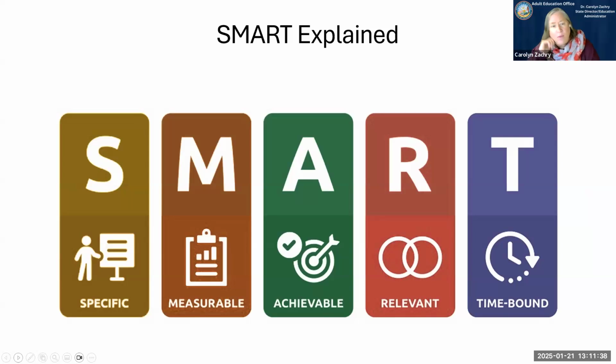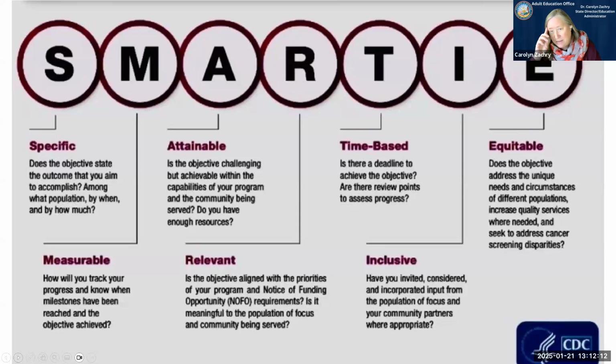So we're going to talk about what a SMART goal is. There are these 5 components to a SMART goal. They are specific, measurable, achievable. Sometimes we try to do more than we think, so make sure it's achievable. It's relevant, and it's time bound. You're always going to want to make sure that you have an end date where you want to reach your goal by. Next slide, Kathleen.